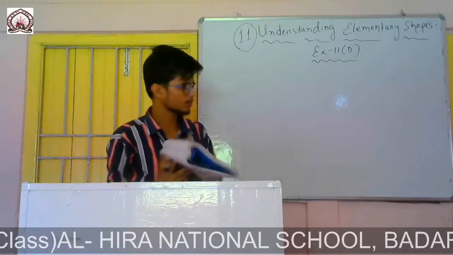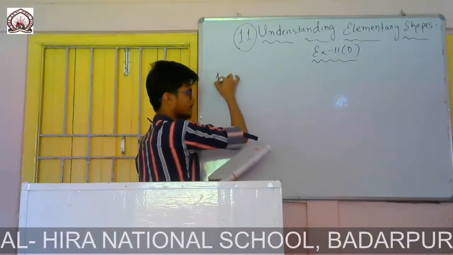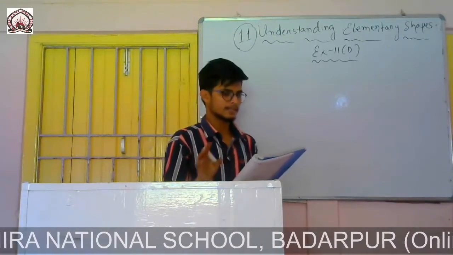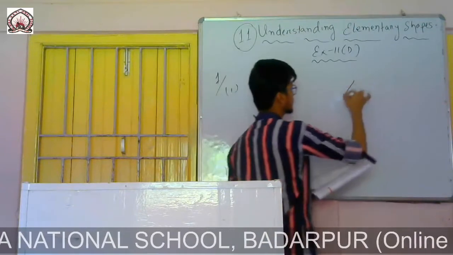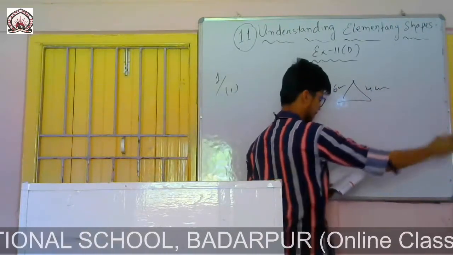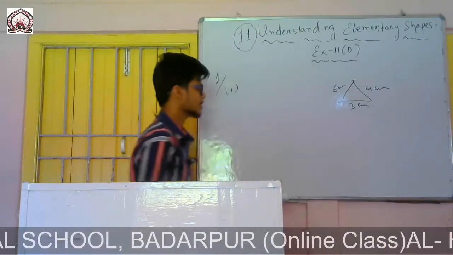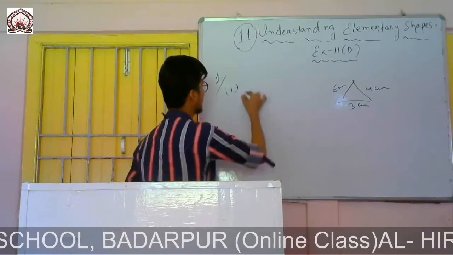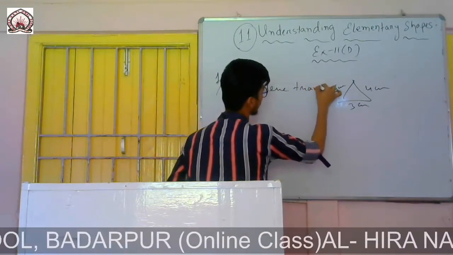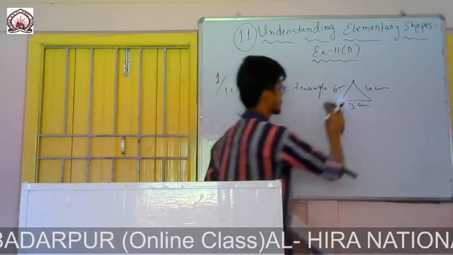So take out your book so that you can see the question. I will not draw all the diagrams. Question number 1, Roman number 1. In this triangle, these three sides are different. One side is given 6 centimeter, another side 4 centimeter, and the third side 3 centimeter. So on the basis of sides, we can say that it is a scalene triangle.